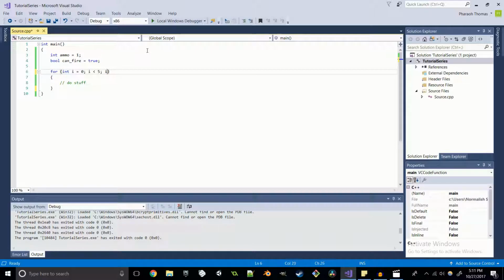Because this is going to be the same as i plus equals 1, we're just going to do i plus plus. And we're going to do this for every single time that i is less than 5. I don't know why I got rid of that code right there. But here we'll say if can fire